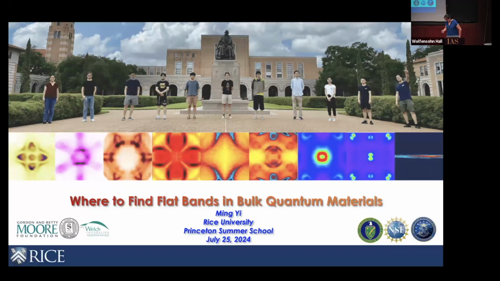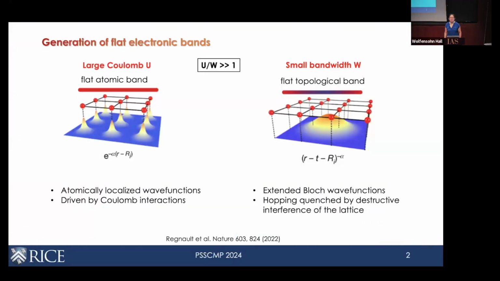Okay, so as I was saying, you've heard all week, I don't have to motivate why flat bands are interesting, and we also all know how we get flat bands, namely there are two energy scales. There's the Coulomb interaction U, and also there's the bandwidth W. So then obviously there are two ways to approach this. It's very nicely summarized in this paper by Andre Bernevig and also Nicolas Regnault,